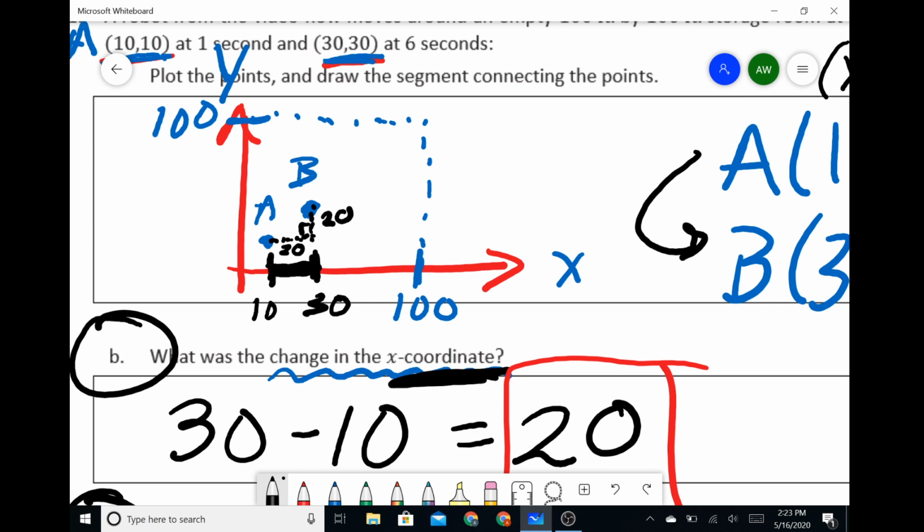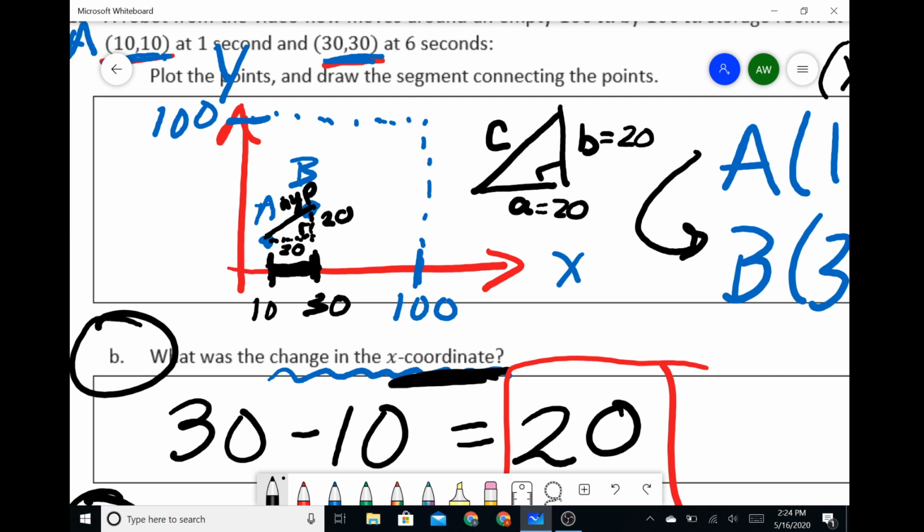So if we know how much we went in the x direction, and then we know how much we went in the y direction, to find our diagonal direction, we can look at this as a right triangle, right? So our hypotenuse is our longest side, that's the diagonal side, and then our two legs are both 20. So if you remember the Pythagorean theorem, usually when we label our sides A and B for our two short legs, and then the hypotenuse, which is the long side, is C, right? So here we know that A is 20, we get that from the picture, and we also know that B